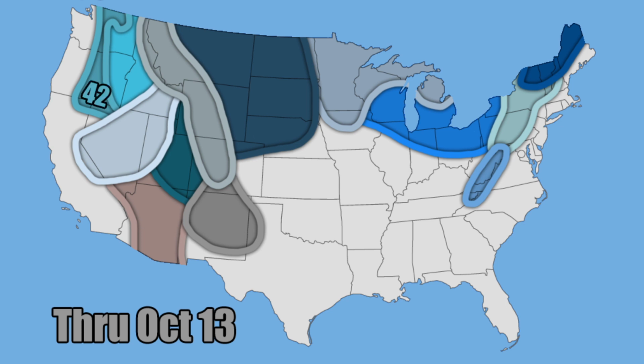So over parts of the Cascades, 42 out of the 51 models showed at least some snowfall for those regions, at least a dusting or a trace. Now in this region for parts of the Sierra Nevada mountains and into parts of Utah and also parts of Idaho, we're looking at 24 of the 51 models indicating some snowfall for those regions. In an area squashed in between parts of Idaho, Oregon, and Washington, we're looking at 32 out of the 51 models indicating some snowfall for those regions, 2 out of the 51 models indicating some snowfall for much of Arizona there,